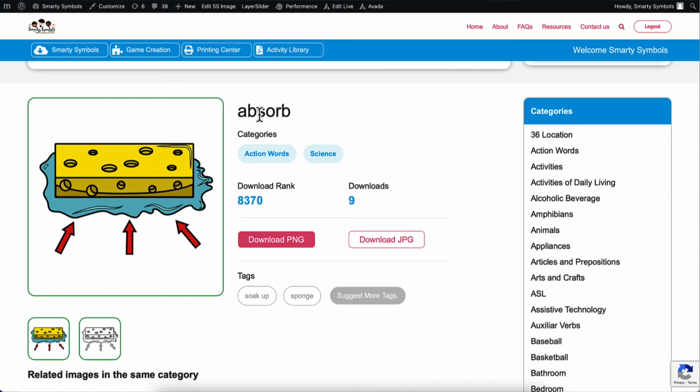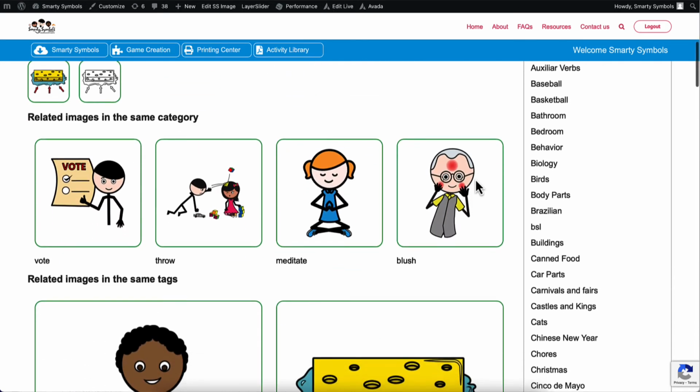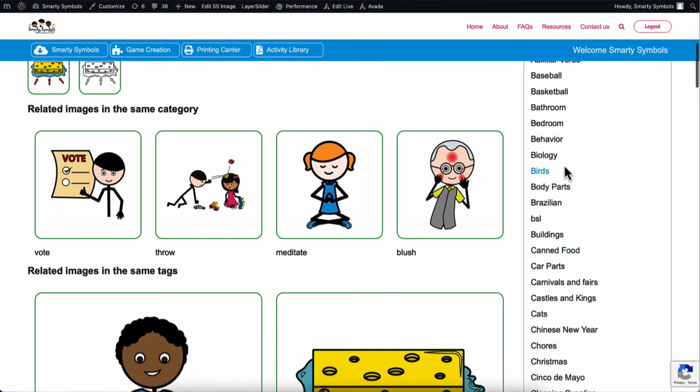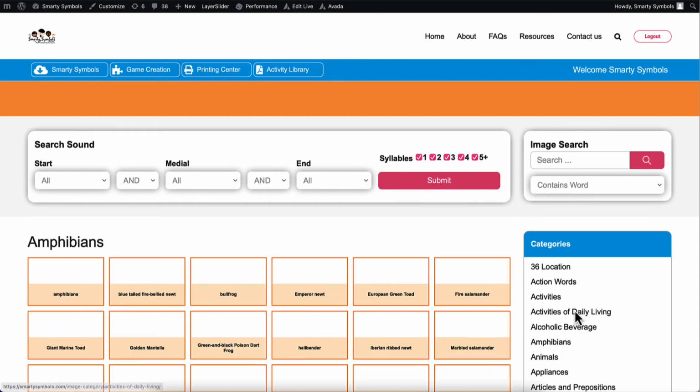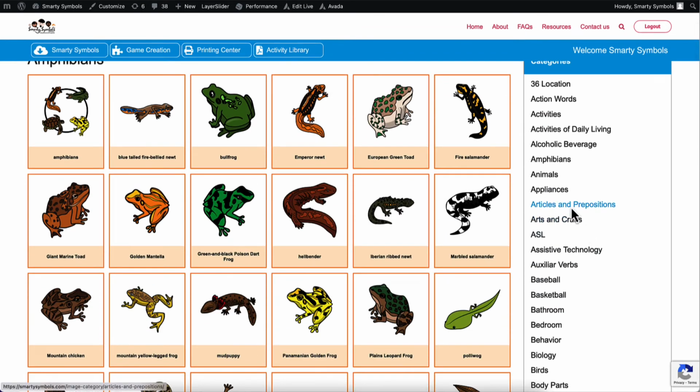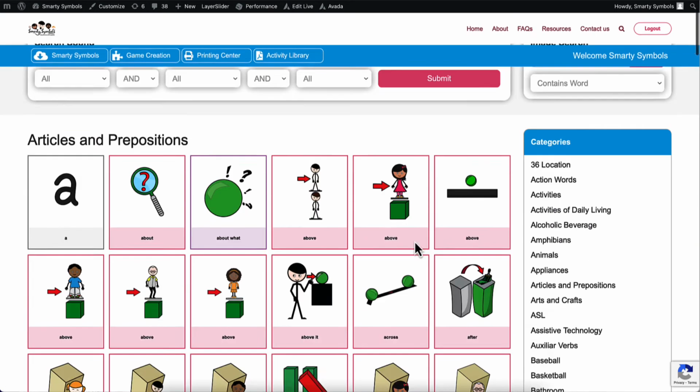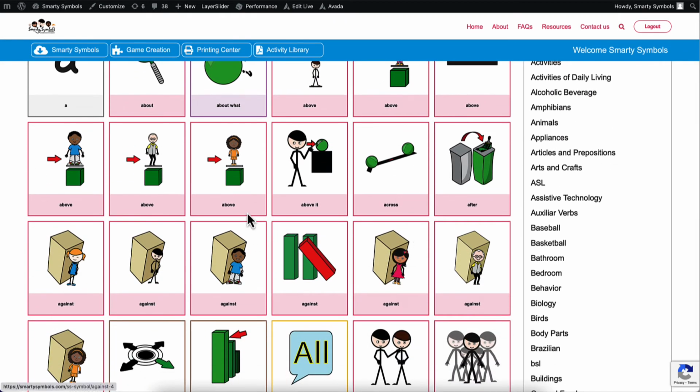For example, the word absorb. And as you know, abstract words such as verbs and pronouns, prepositions, these are challenging. You can't just put on Google and find the images to represent these concepts. And that's the whole point in why this library keeps growing. And if you are teaching specific subjects like biology or amphibians, articles and prepositions,